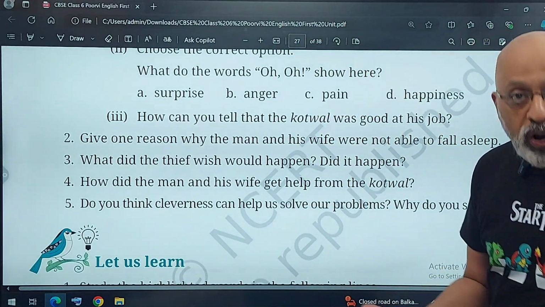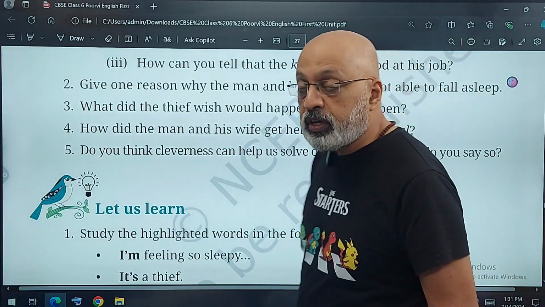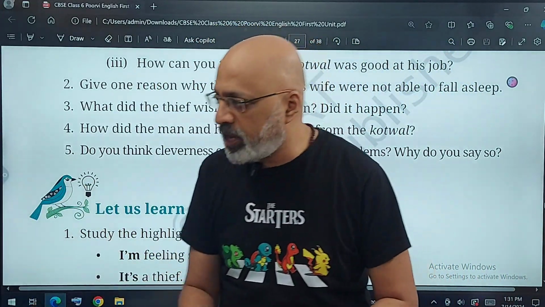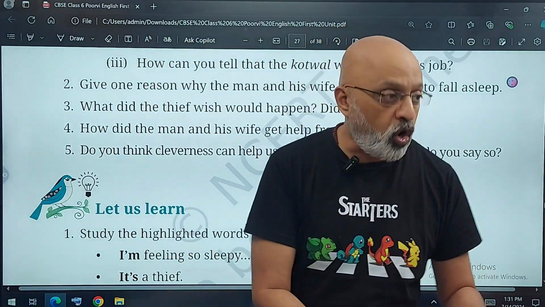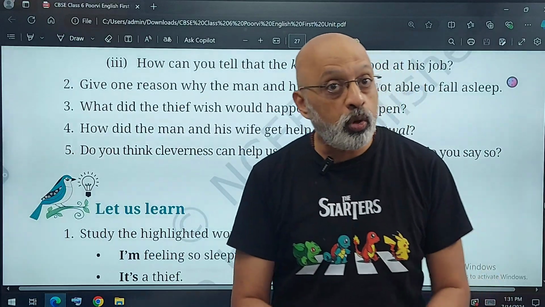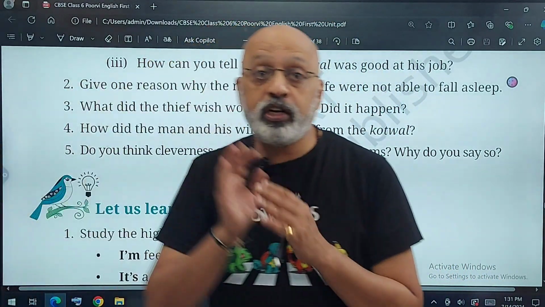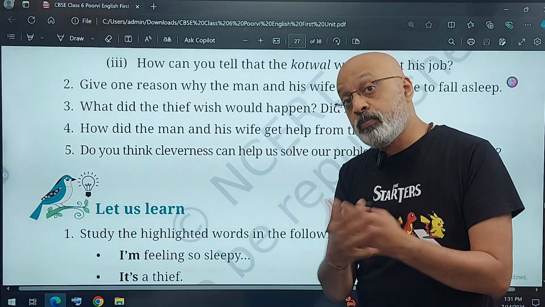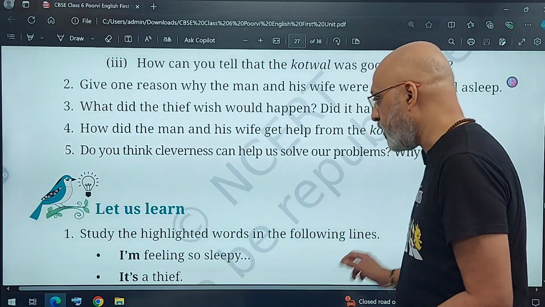Okay, so that's also one form of being clever. Or if the dog comes rushing, you rush into someone else's house. You know, somebody's house is there or some shop is there. You just go there in order to save yourself from the dog, and the shopkeeper or the house owner is able to rescue you. So you are using presence of mind without thinking, "What will the shopkeeper think if I rush into his shop?" Right? Those are the kind of examples you can give to show how you use cleverness to save yourself.